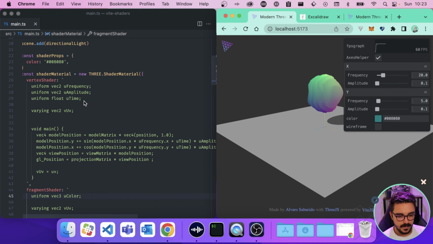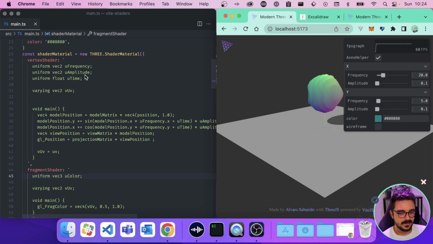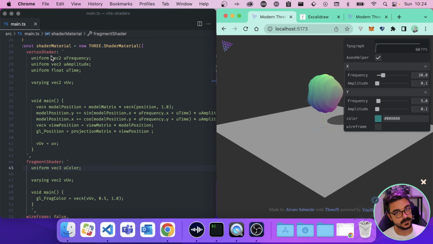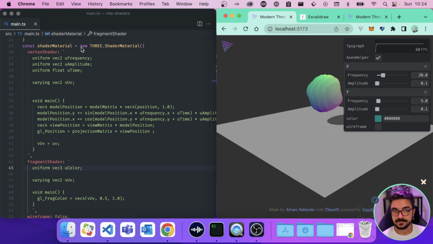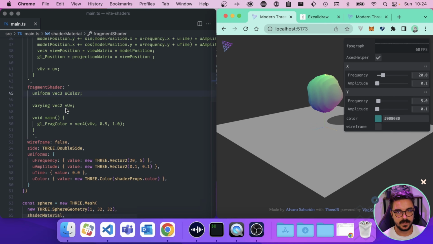So since it's a lot of things and you don't want to repeat every time the same thing, like uniform model matrix, you can use shader material directly, which is what I use often, okay? But until now, we have our programs here in the text. This is a string, basically. We have the fragment shader and we have the vertex shader. That's not optimal. What if I told you that we can have a file that we can import into our scene with the vertex shader and the fragment shader?